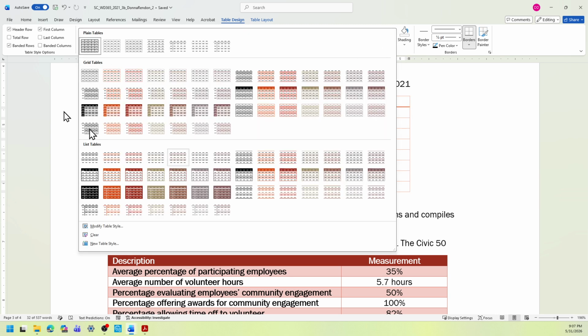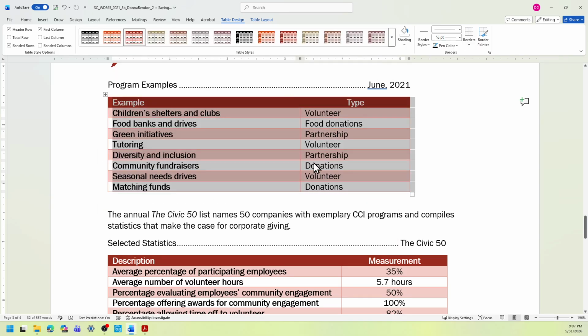Under the grid table section, the grid table 4 accent 2 is here, which is row 10, second column. Select it once. Okay. Now this program examples table and selected statistics table have the same format.